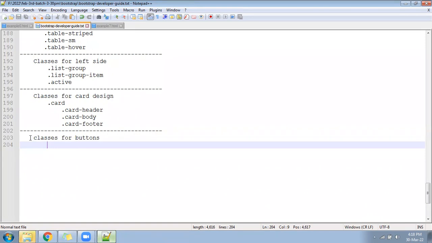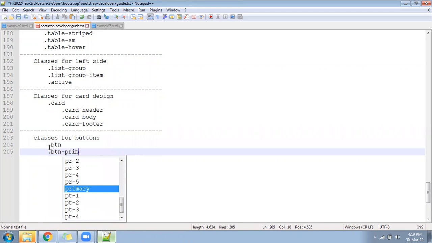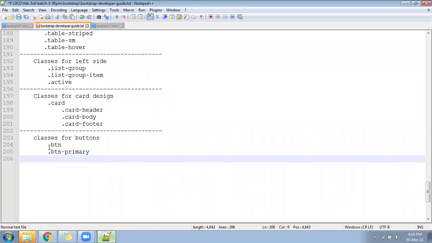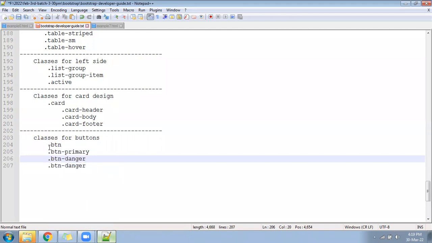Okay. Next, after that, we can go here. We can write inside. First class is called btn. After that, next class is called btn-primary. Next class is btn-danger, red color. Success, info, warning, something something.